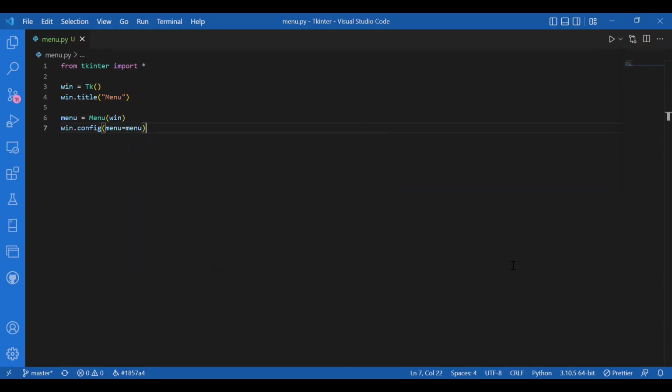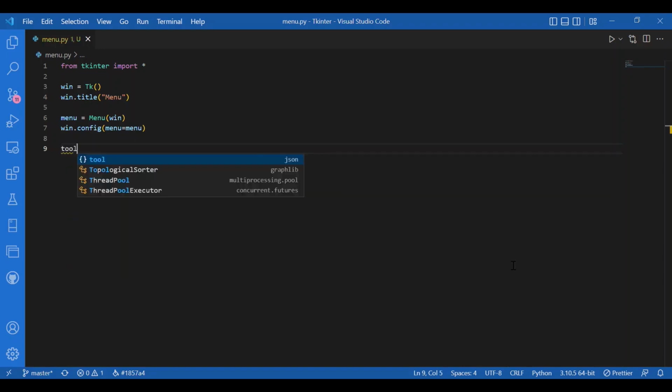This config function can be used to overload. If you have an object in Tkinter that is already configured and you want to edit some of those configurations, we use config. Now we'll create the elements of the main list. So I'm going to create a list with picking tools, the size of the tools, and then its color. So let's do it. So first would be tool equals Menu,